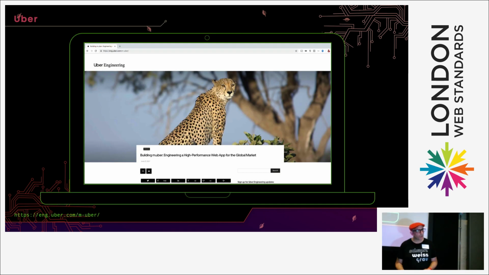And the third one was Uber. In India, they built a PWA because most people, their connection was 2G, and it worked on 2G. And the whole app, gzipped, was 50 kilobytes. 50 kilobytes. So that's another reason for building progressive web apps rather than a native app that probably won't work on somebody's phone because of the capacity or the data or whatever.